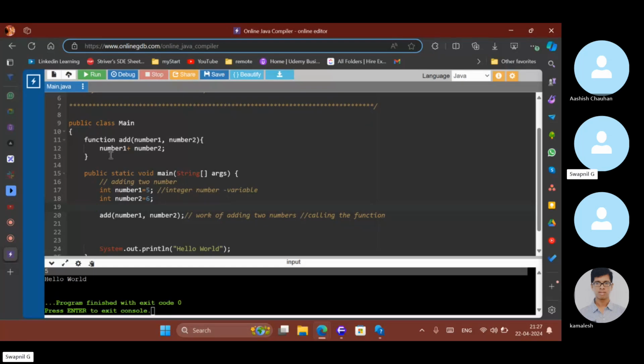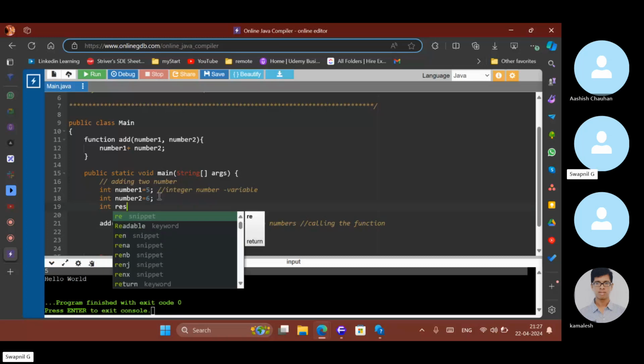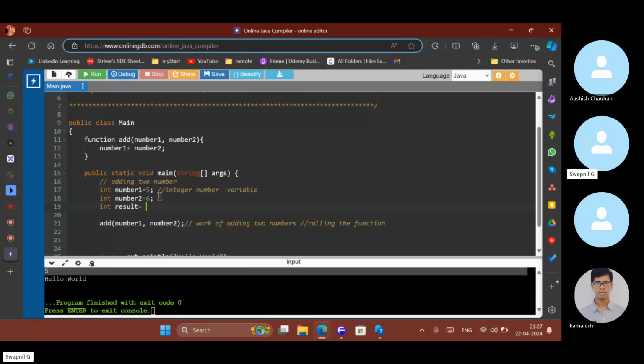Oh yeah, we can. No, add cannot be variable. What is your variable? Is your result. Got my point? Your result will be variable. The result will be variable. That is what I wanted to say. Result will be your variable.